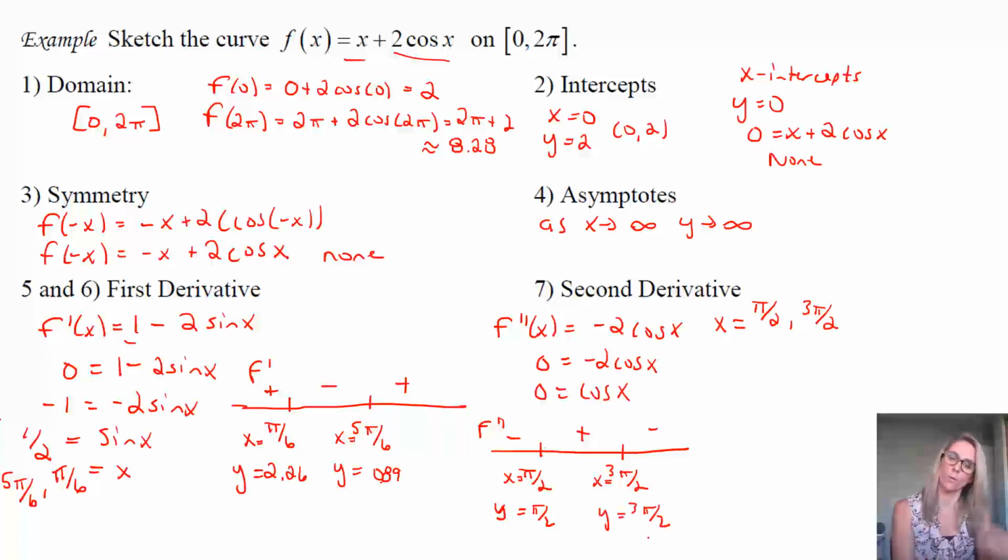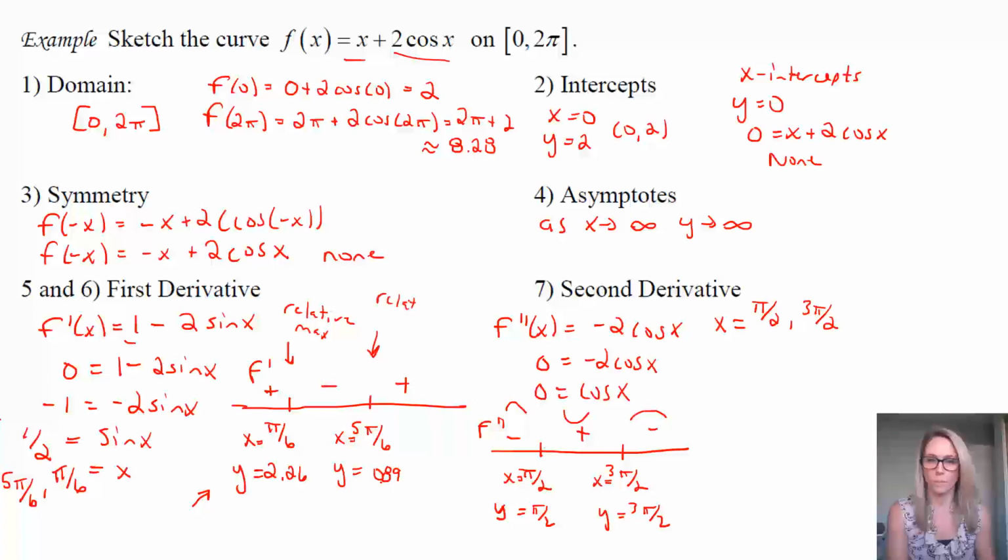And of course, you want to find out what those values are in terms of things that you can then put onto the graph, so come up with the decimal equivalents. But notice, again, we're concave down, and then we're concave up, and then we're concave down. So we have these points of inflection that we have to think about. As you can see, we have a relative max here because we're increasing and then decreasing. And at this point, we have a relative min.